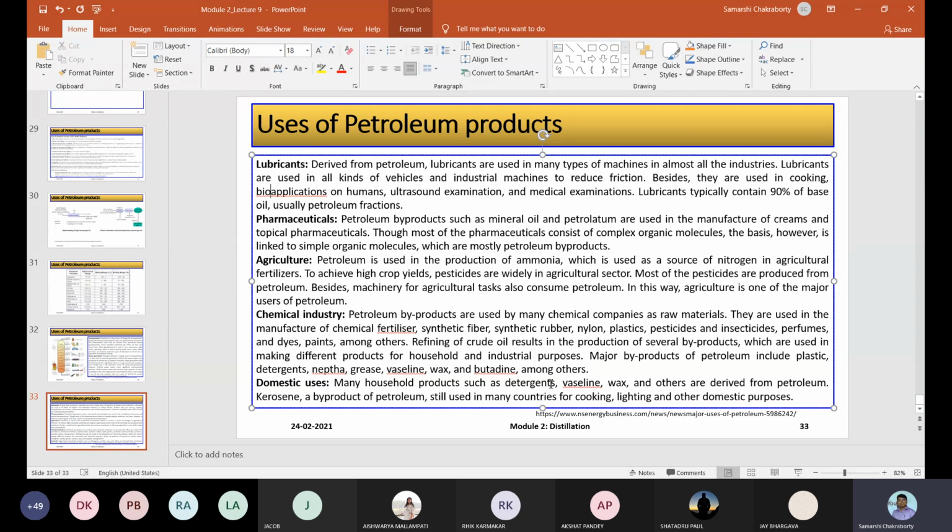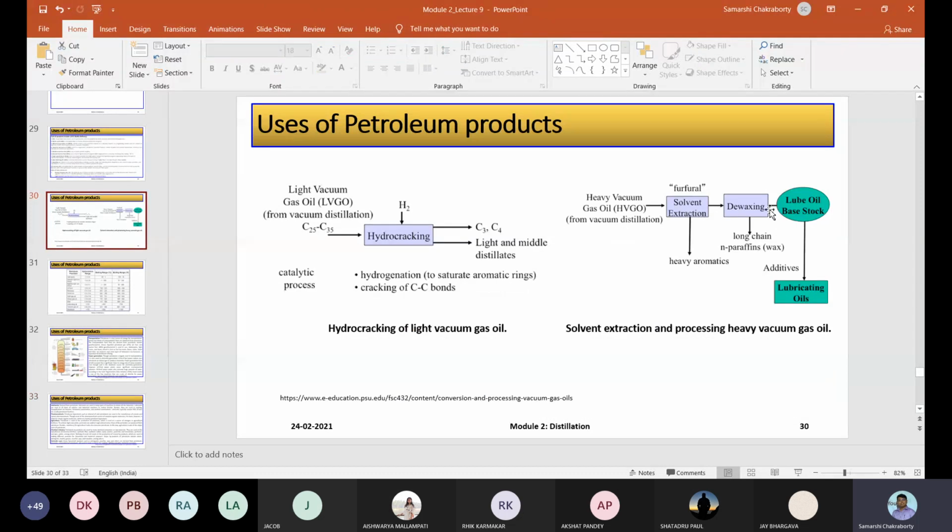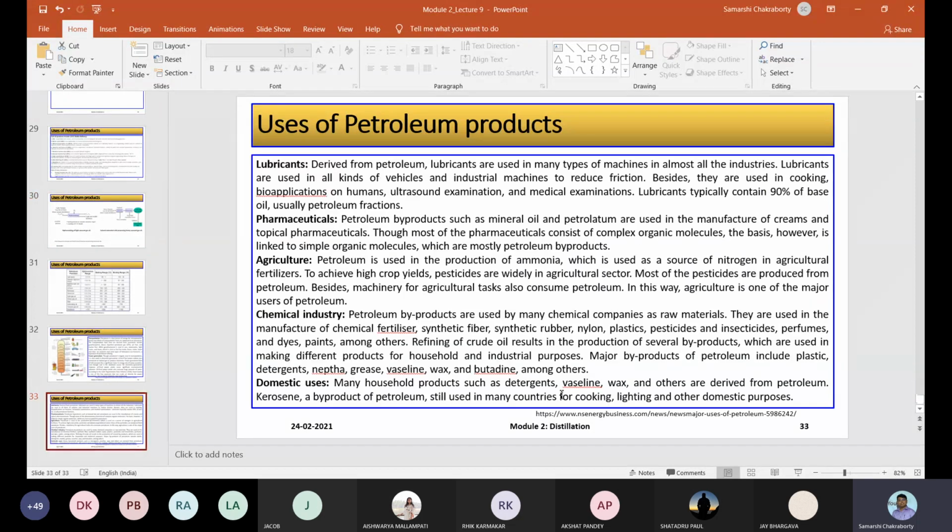And finally, last but not the least, detergents. Mostly they come from your distillation, after processing in petrochemical plants. Wax, you can get from this process after you have taken out the paraffinic wax, so that you can add it into any cosmetic product. Vaseline is nothing but a petroleum jelly, which is also derived from petroleum products. And kerosene, you can use as a solvent, for rust removal, insecticide removal, but also